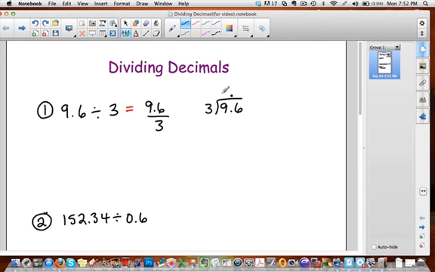How many times does 3 go into 9? It goes in 3 times. No remainder. How many times does 3 go into 6? Twice. So my answer is 3.2. Straightforward. Now what if